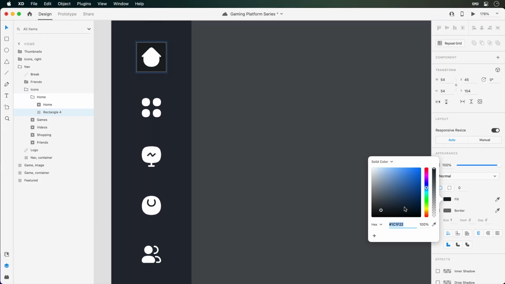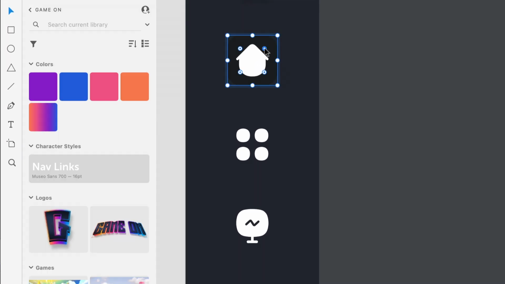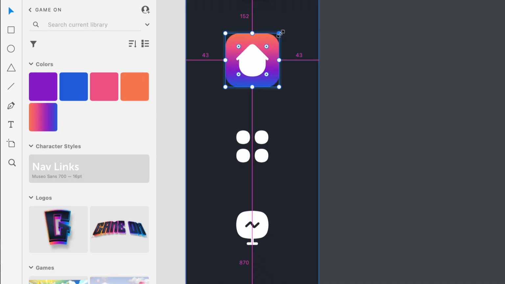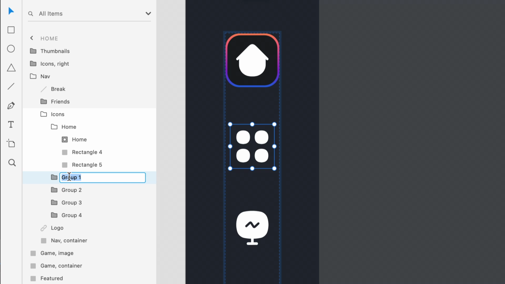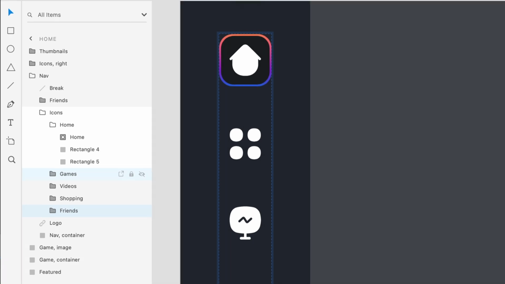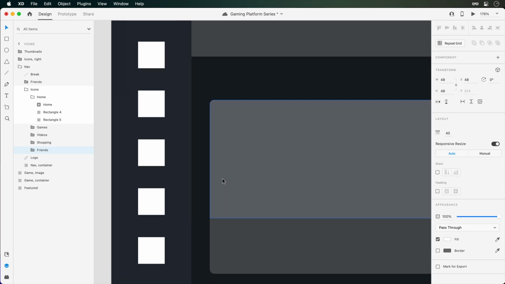Styling-wise, we can keep this shape simple with a dark tone and slightly rounded corners. Or we can add a touch of fun by adding an additional shape in the back with a vibrant gradient applied to it. Since we're dealing with 2 rounded rectangles here, we'll want to make sure to tweak the corner radius so that they visually line up. Now, knowing that we'll be adding some text layers beside these icons shortly, I'll quickly go through and create additional groups. Or if you prefer to use the existing object masks, make sure to extend the mask layer out to the right.